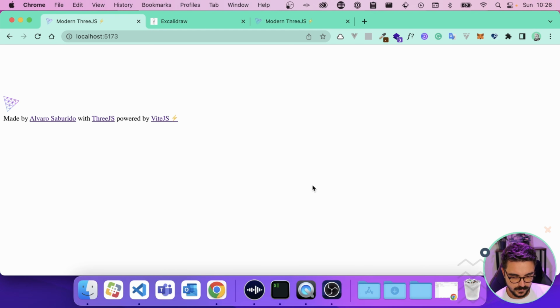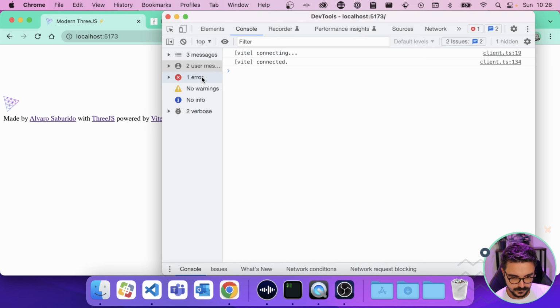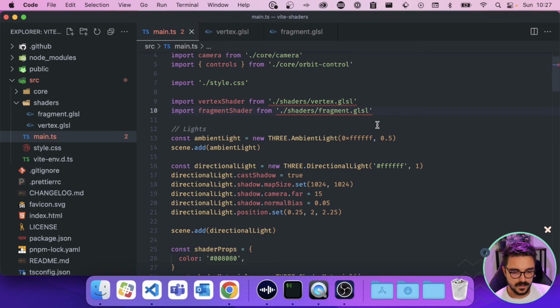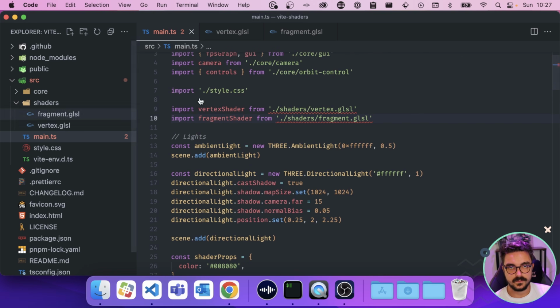So it's gonna throw an error, and if we go to the DevTools, it's gonna say unexpected identifier vec2. And that's because we are trying to add GLSL to Vite. There is no support for it by default, but we can use a plugin called vite-plugin-glsl to use this kind of file.